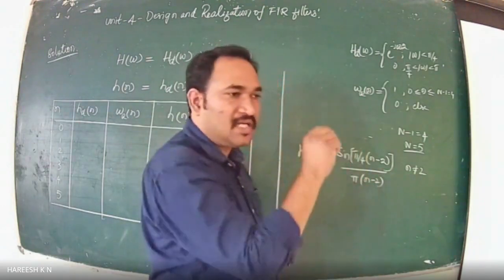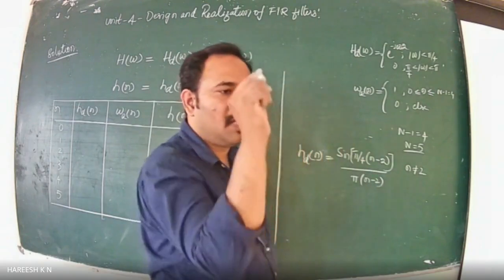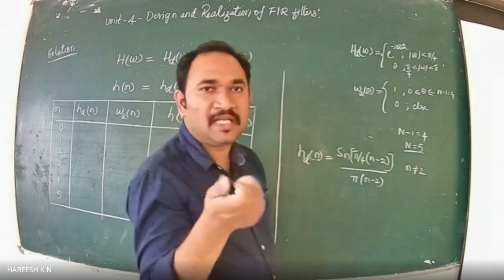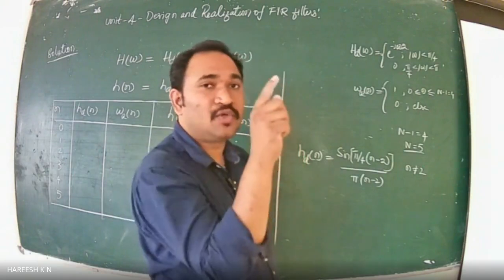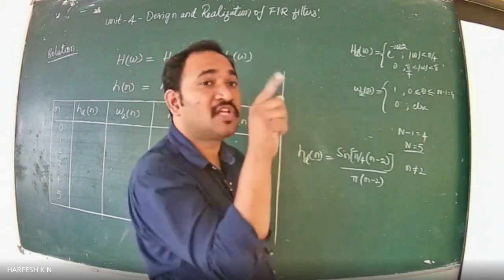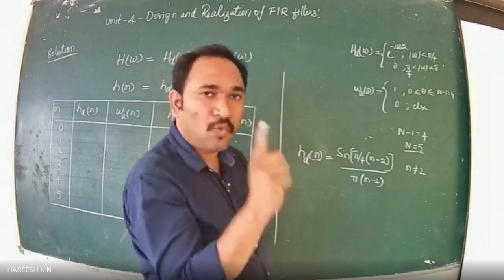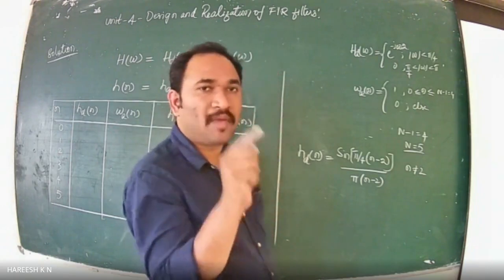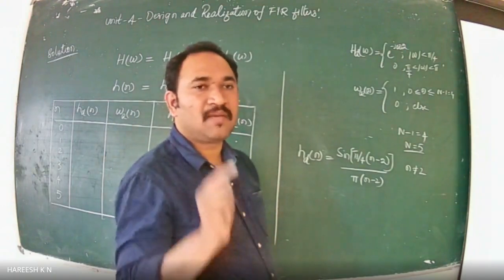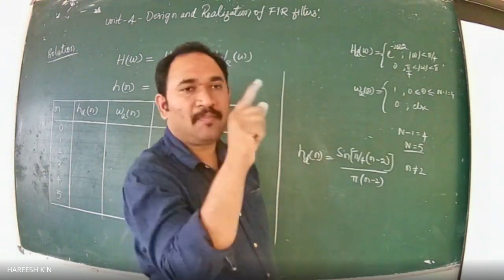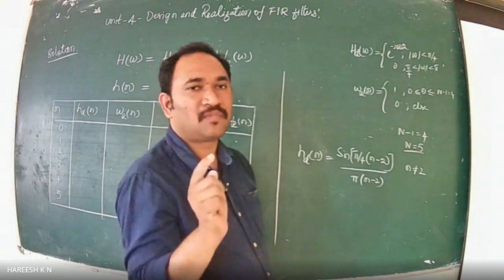And in the integration itself, if I substitute e to the power of j omega into n minus 2, which is the parameter that was there in the integration, isn't it? There, if I substitute n is equal to 2, it will be e to the power of 0. E to the power of 0 is 1. Integration of 1 is omega. Now, if I apply the limit minus pi by 4 to plus pi by 4, it will be pi by 4 minus minus pi by 4, isn't it?